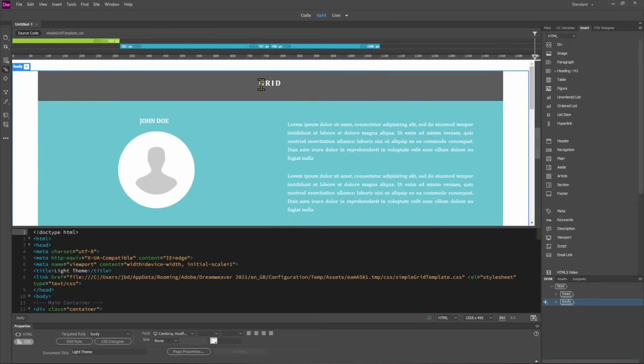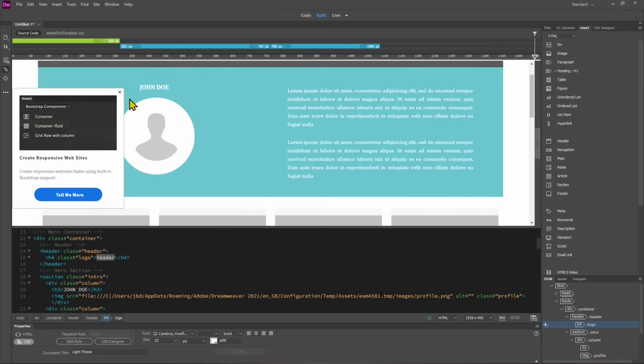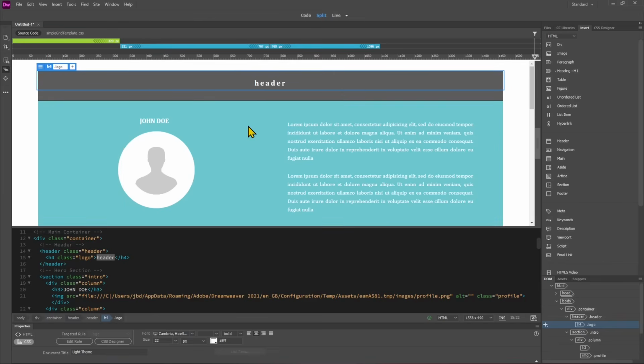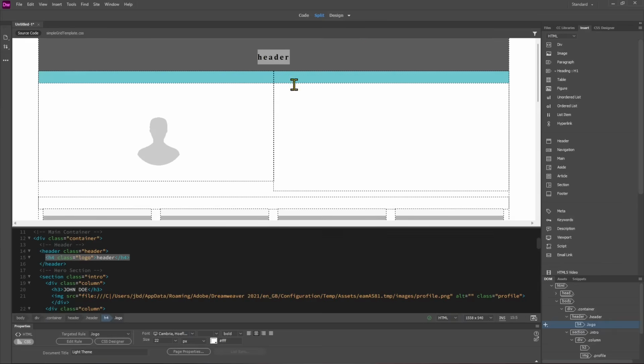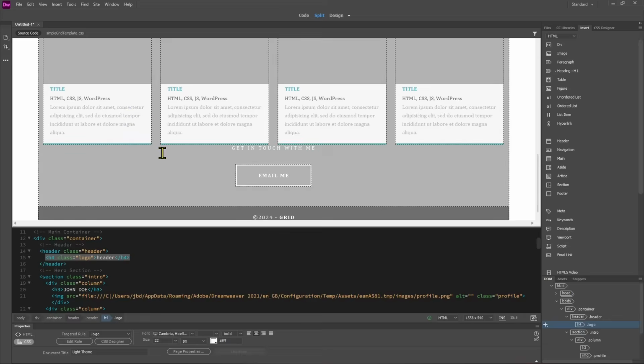Now here we have a header right here. So we can start now to study this a little bit more and know a little bit better what we're doing. And also, we're going to see later how we can insert Bootstrap responsive elements. So this is the H4 logo, and when I am in live mode, I can see the structure with these dashed lines, which is pretty neat and